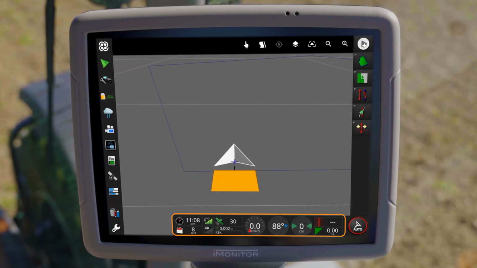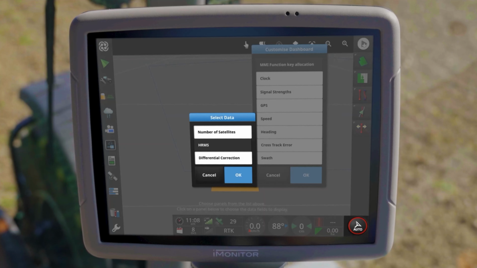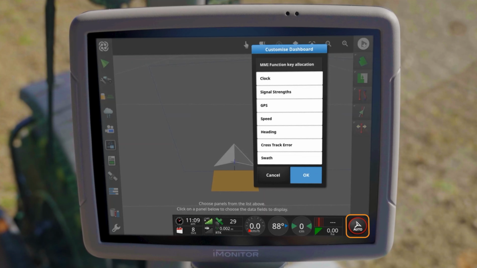The information bar at the bottom of the screen, also called the dashboard, provides a quick view of the specific information. By tapping on it, you can customize the information displayed to suit your specific needs. Additionally, you can customize the panels that appear by tapping on the respective sections during setup. The Track Guidance activation button is also located on the right side.